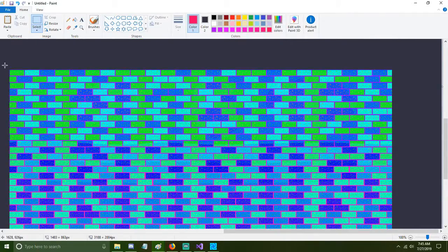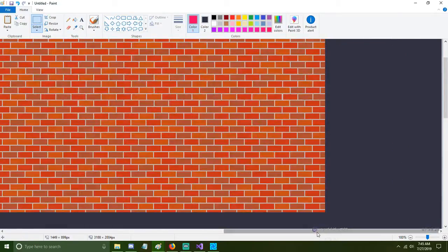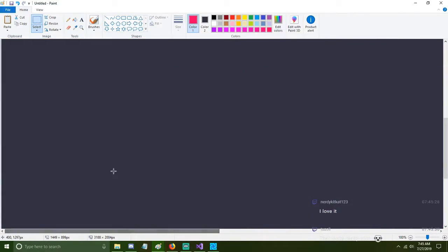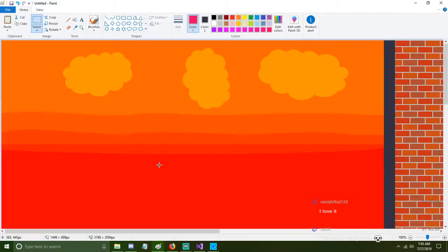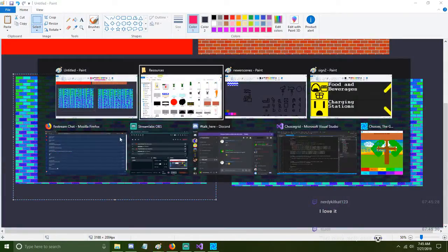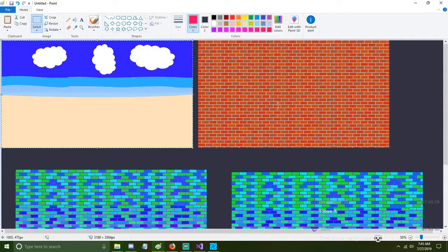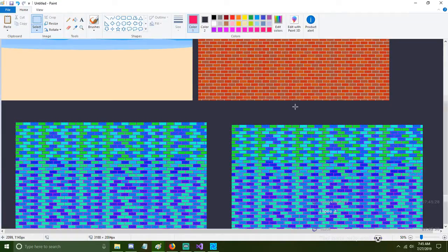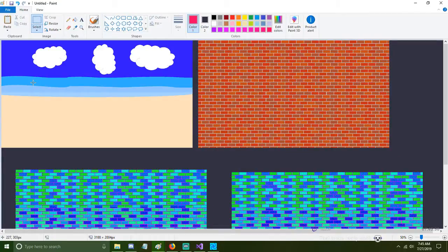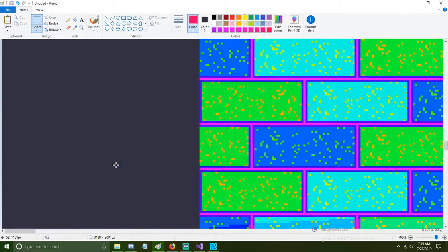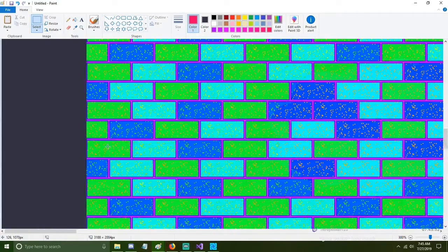I want to see what that would look like in grayscale. So basically, depending on how I change the colors, if I set up the colors correctly, it will either be this or this. As you can tell by the amount of detail,